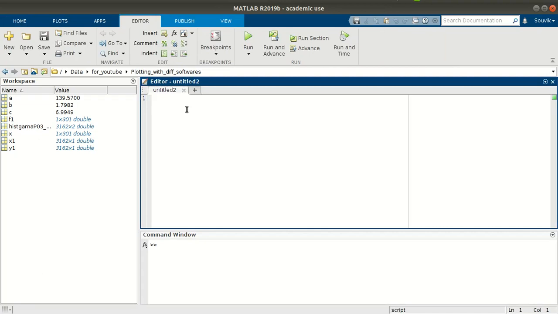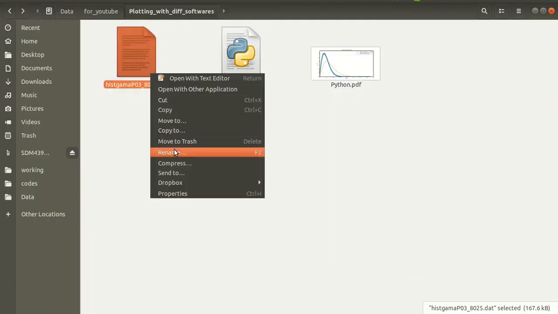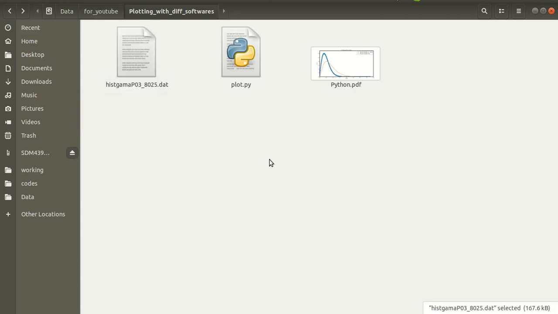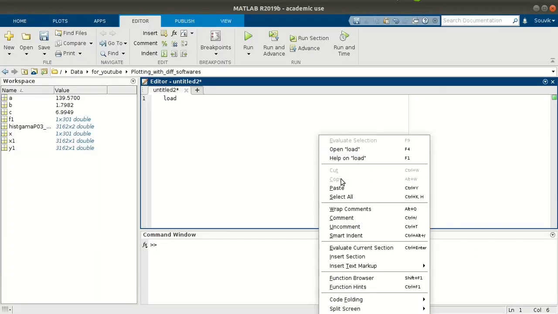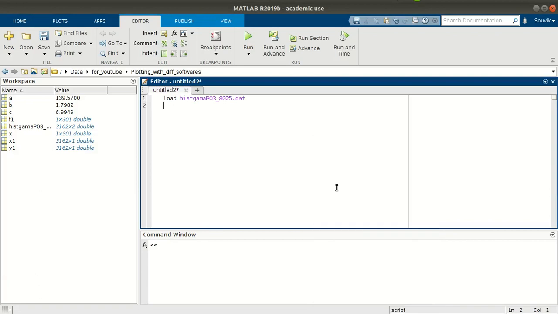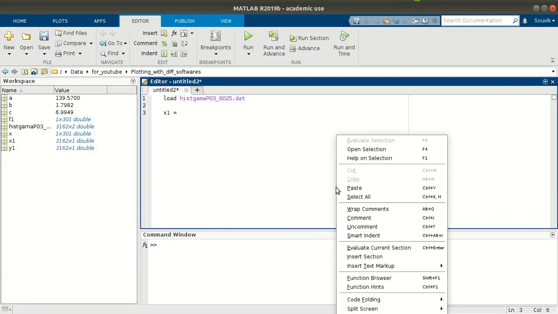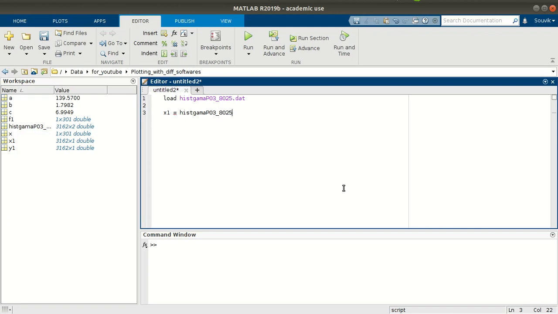Here you have to load the data file, which is the command load. Okay, I forgot the name of the data file again, so let's copy the name and paste it here. Next, in x1 you will load the first column, which is the data file name without the extension, with colon comma 1 loading the first column. Then y1 is equal to, again the data file name without the extension, colon comma 2, which loads the second column, the y-axis.